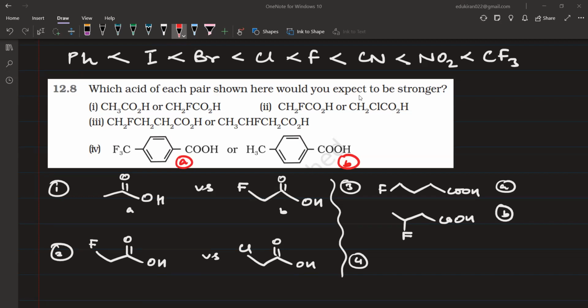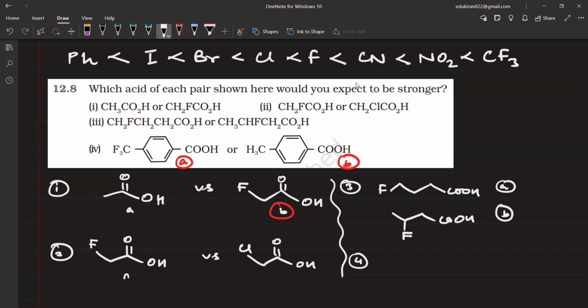अरे इलेक्ट्रॉन विड्रॉइंग ग्रुप कहाँ पे है? जहां पे इलेक्ट्रॉन विड्रॉइंग ग्रुप होगा वही वाला ज्यादा एसिडिक। टेल मी ए और बी विच इज मोर एसिडिक? B. ये सारा। टेल द आंसर इन चैट गाइस, जल्दी बताइए, देख के बताइए। फर्स्ट केस में आपके पास आंसर है बी। वाई? बिकॉज देयर इज अ फ्लोरीन अटैच्ड हियर, तो दिस इज मोर एसिडिक। बी आपका ज्यादा एसिडिक है।